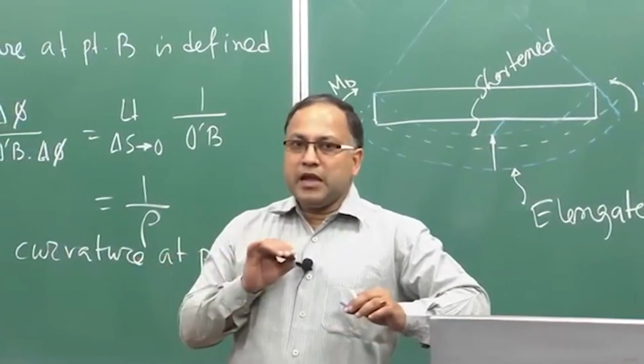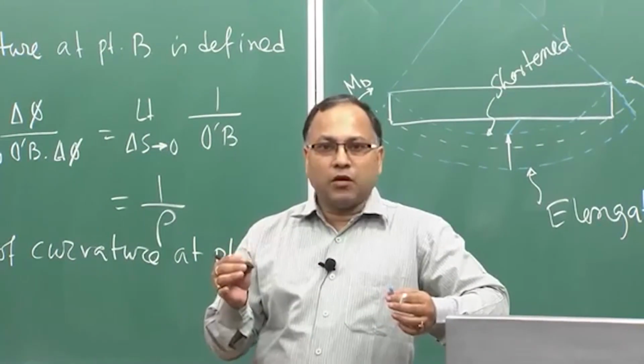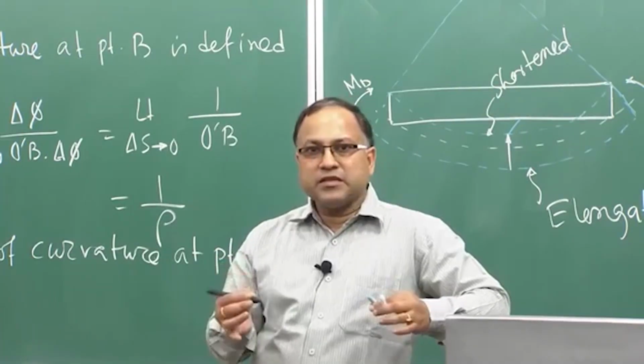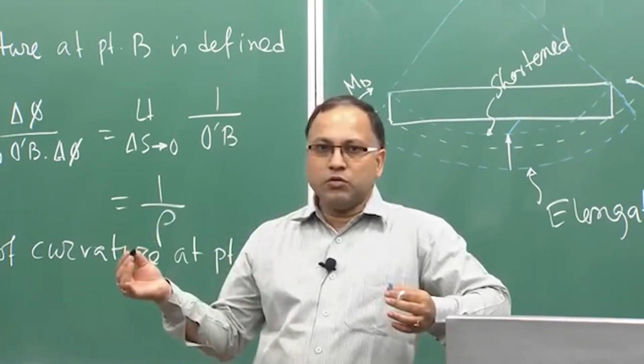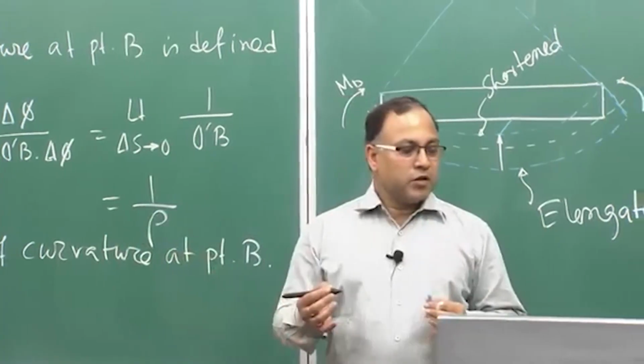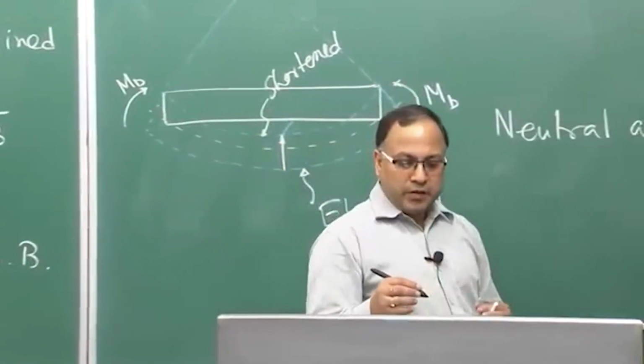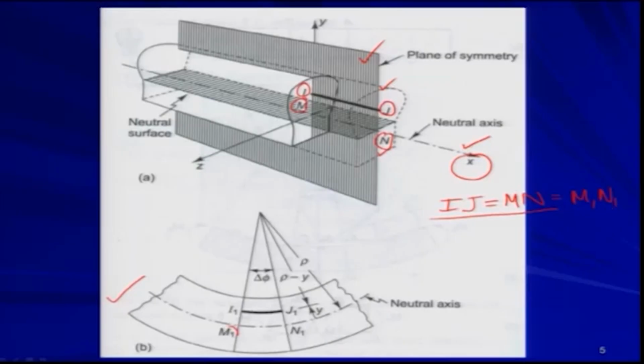Okay. And because it is lying on the neutral axis, the mn fiber should not experience any kind of deformation, with no elongation, no contraction. So, even after deformation you are getting m1 n1, right. So, that must be equal to ij and must be equal to mn,